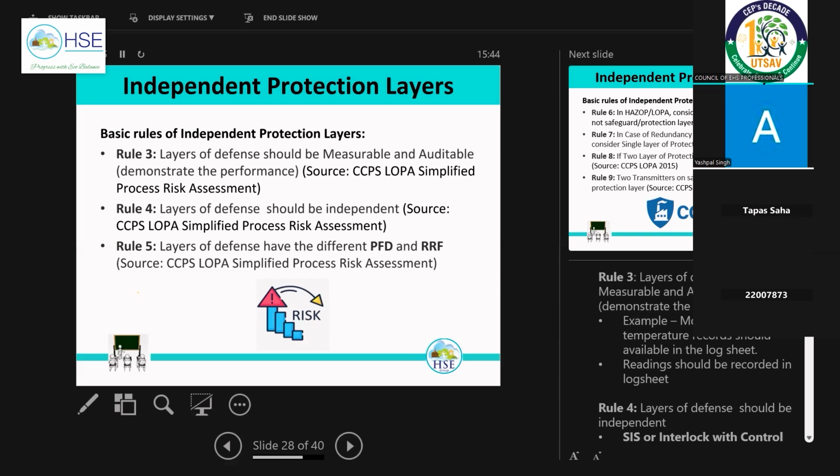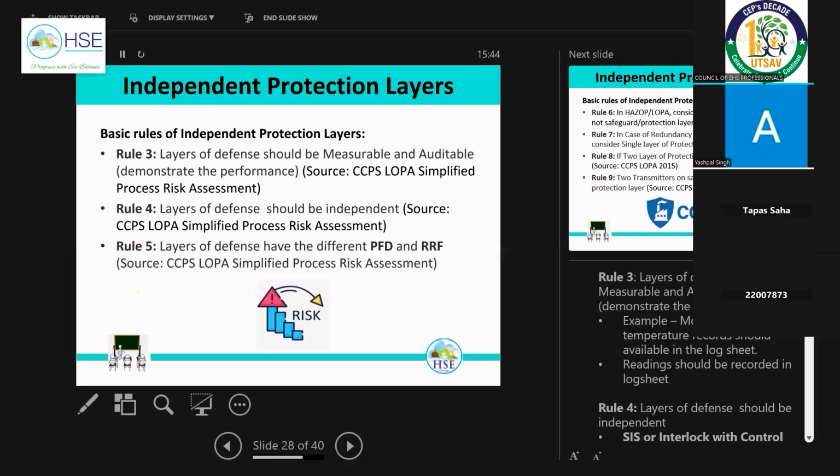That alarm, if there is a record available. But suppose in case of a temperature control system, there is a graph, so it's auditable also. Measurable means we can measure the temperature. In case of fire and gas detection, it's measurable, and we have to provide the graph also, or we have to provide the audible system at different locations where a permanent fixed person is available in the bench or workstation.